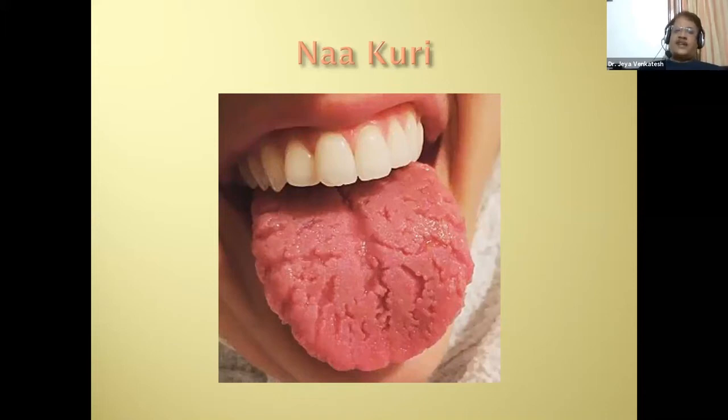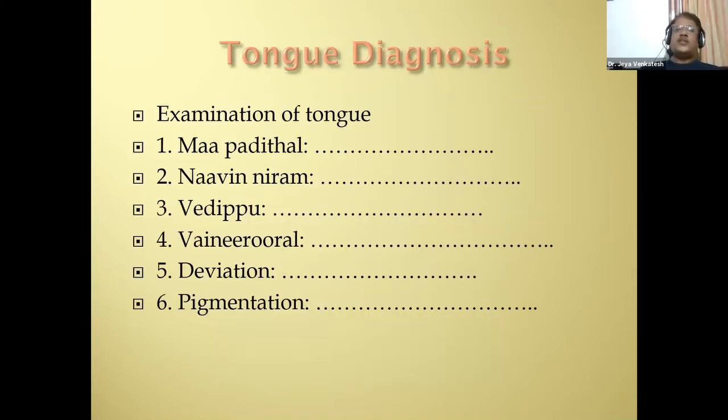Apart from that, at the end of this presentation, we are giving the diagnostic aspect of the Siddha system of medicine, in which we follow 8 methods. That is Ashtanga Pariksha in Ayurveda. In Siddha, it is called Envagai Thervu. The first one is Naa, that is tongue diagnosis. In tongue diagnosis, we see whether the tongue is coated, what color it is, and whether it has fissures or cracks,